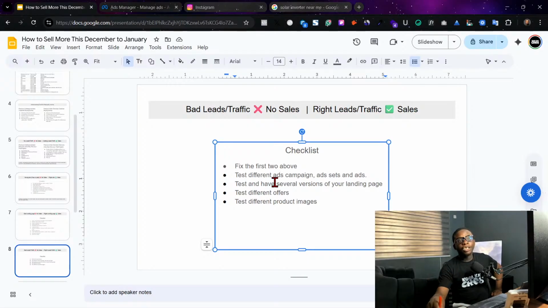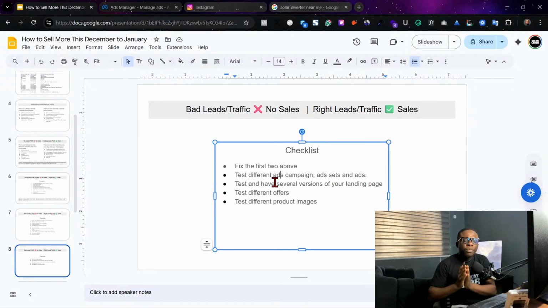For example, you change location, like, people in Ikeja would afford my solar more. Or it may not even be the location, maybe the type of people. For example, a business owner needs to spend money on power, which is more of a problem for a business owner than a household. Households may not really need it. Your target audience for solar could even be content creators, because they need constant light. Are you targeting those guys? That's why you have to have different avatars. You test. If you don't test, you would not know.